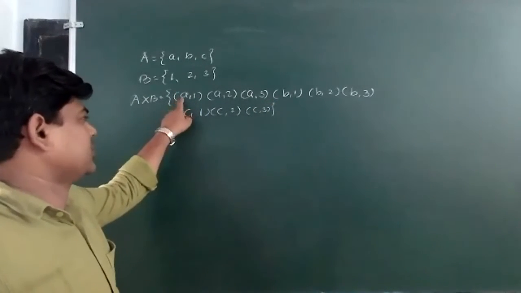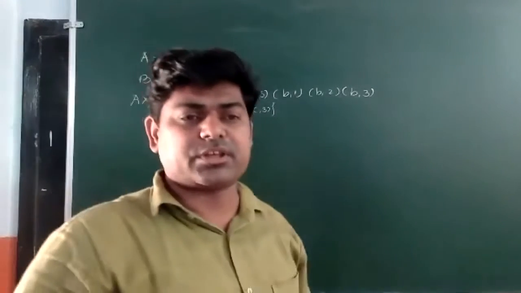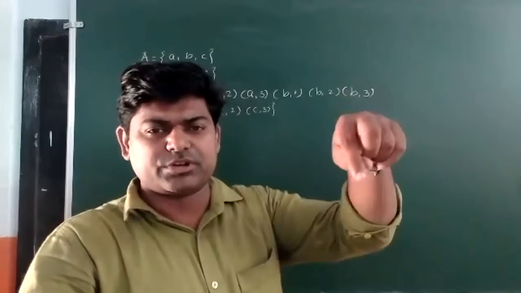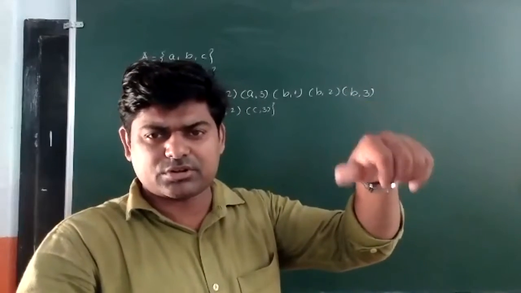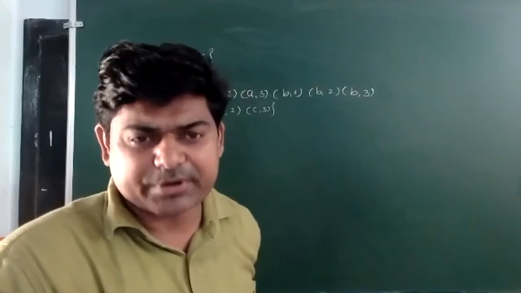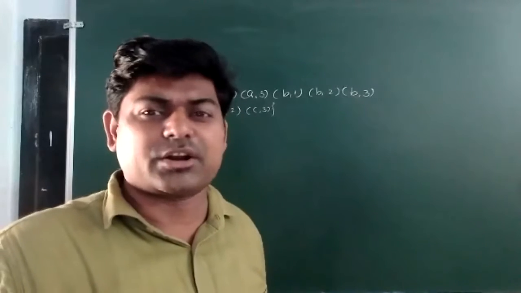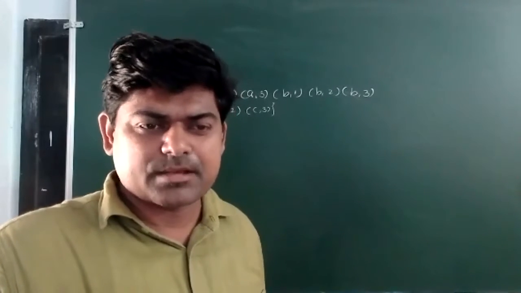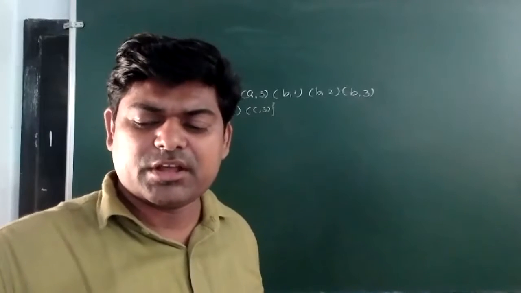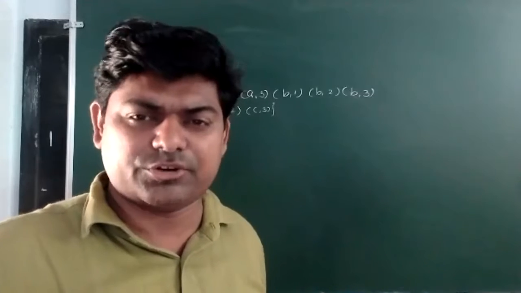In an ordered pair, there is a first element and a second element. And some properties were discussed when I discussed the ordered pair. If two ordered pairs are equal, then their first elements should be equal and second elements should be equal correspondingly. Am I correct or not? Why am I discussing this? Because definitely we will have some questions related to ordered pairs in our examination. Maybe two ordered pairs can be given with some variables in them, and we have to find the value of these variables. So we should know the property of ordered pairs, then only we can do it.